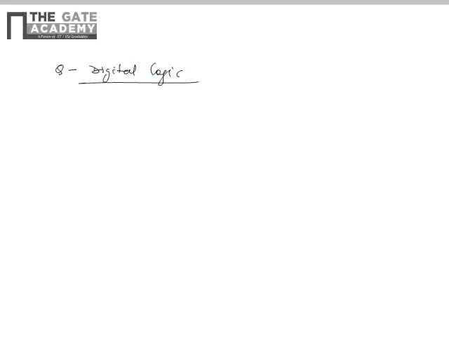The question is from digital logic, and we have to find the binary representation of the value 75 by 16. This is the given decimal number. 75 by 16 will be 4.6875 in decimal. What will be the binary representation of 4? You already know that it is 100. So based on this only we can find that the option is A.